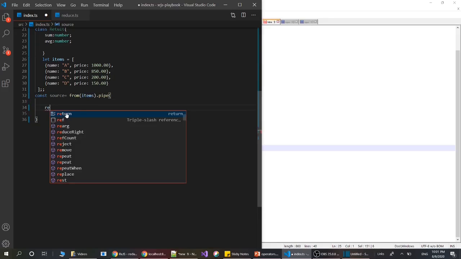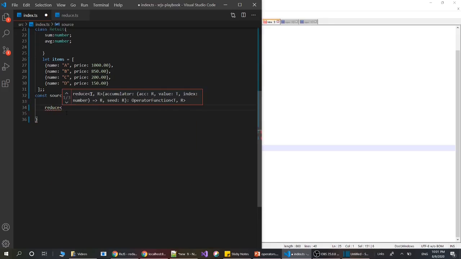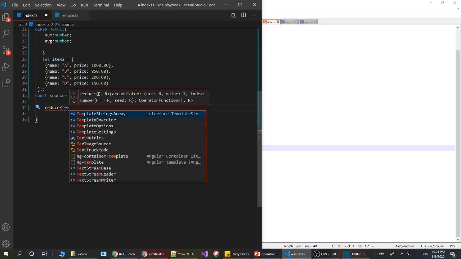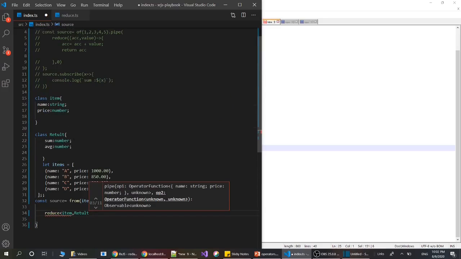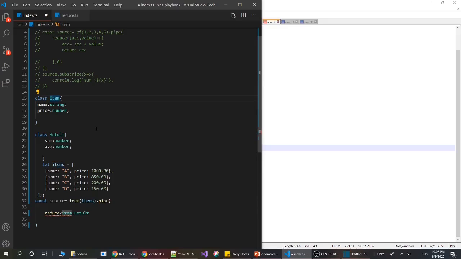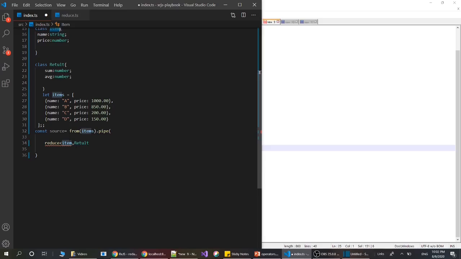The first type is the value type, so Item, and the second type is the reduce result type, so we have the Result type. I make the capital I here, and let's change the type here.